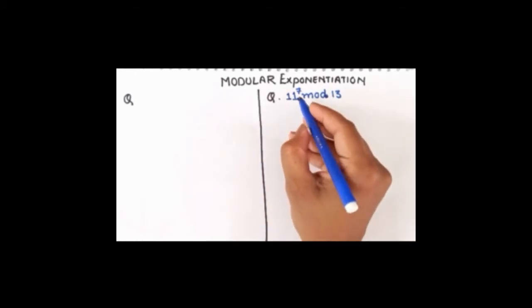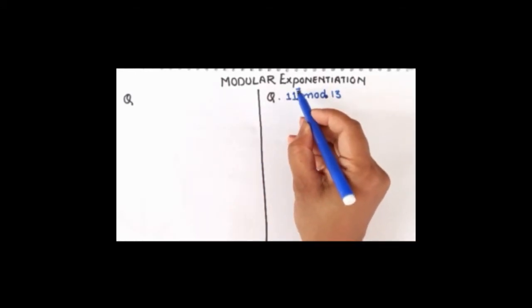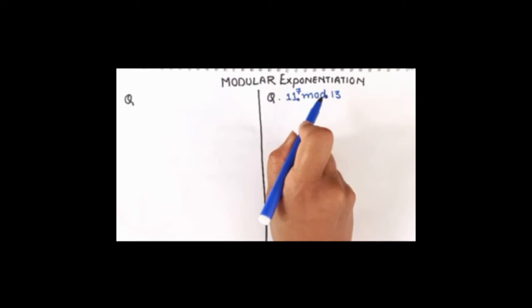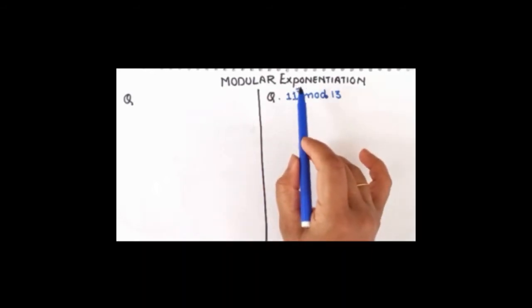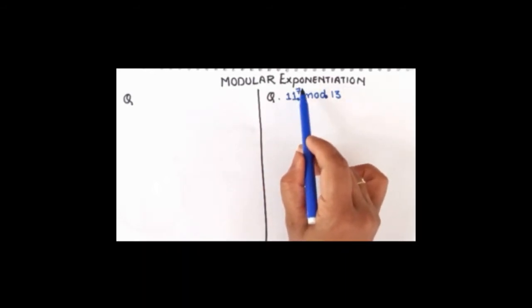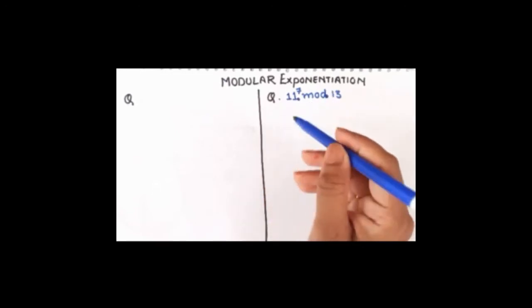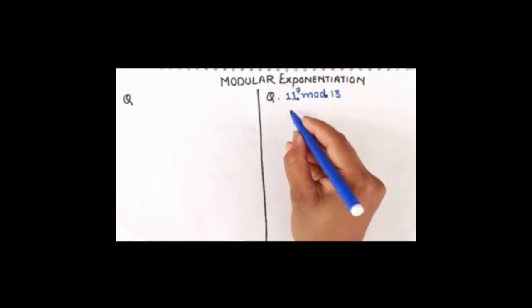Now, my basic recommendation is always to see 11 to the power 7 in terms of powers of 2. How can you divide 7? You can divide 7 as 2 plus 4. 2 plus 4 is 6 and 6 plus 1 is 7, right? So basically, dividing 7 into powers of 2, and whatever residue is left will be left out. That is the easier way of dividing 7. So my first step is going to be to divide 7 into powers of 2.